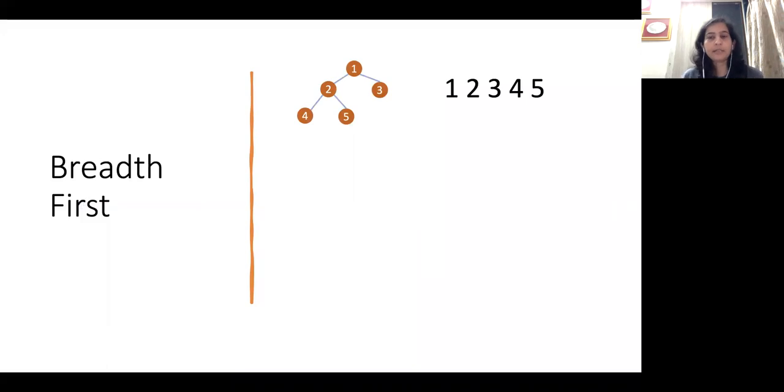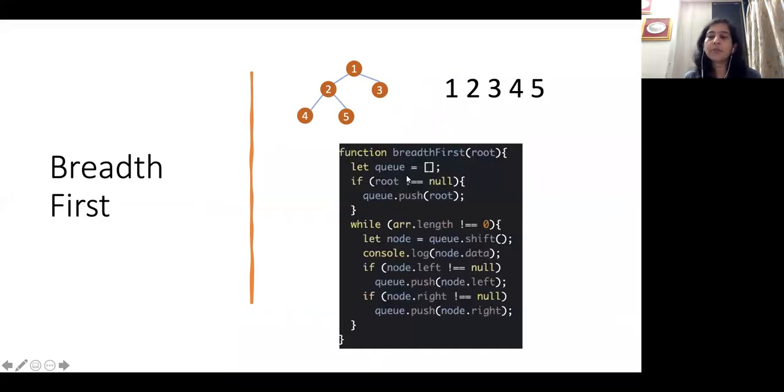Then you go to breadth first search. Breadth first search in this case is where you do the levels first. So you will go 1, 2, 3, 4, and 5. And here also I've given a short code piece which explains how this is done. Really what you need to do is use a queue, and you take the root node and push its children into the queue so that you process them in the order they came.